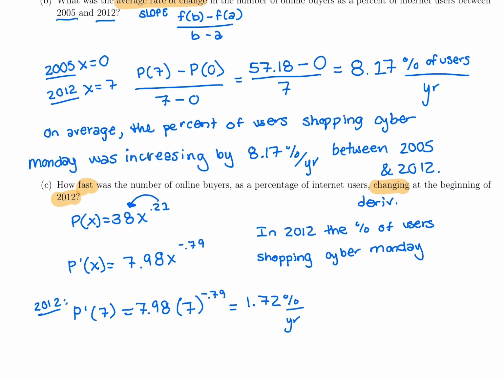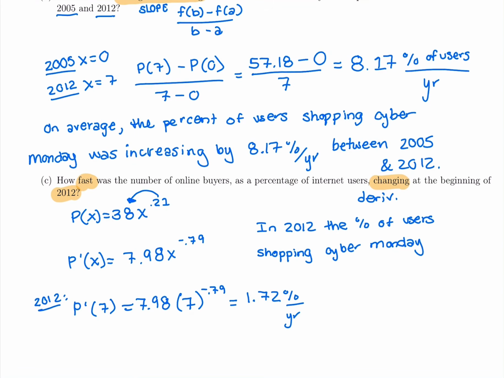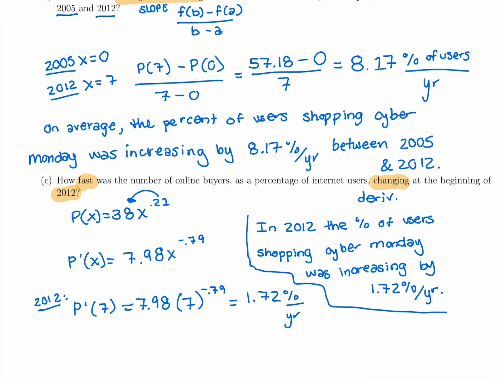Increasing or decreasing if we got a positive derivative? Was increasing by 1.72% per year. So our average rate of change was way up at 8% per year, but that was between